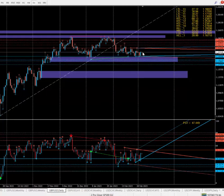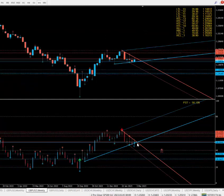There we are. Okay, so this is a bit tricky because we're in between levels on the daily, as you can see, in between levels. On the weekly, we're right on a support level, and we've got infringement here, so I'm not really sure what to do with this. The only thing I can think of on this is this. If it breaks below that